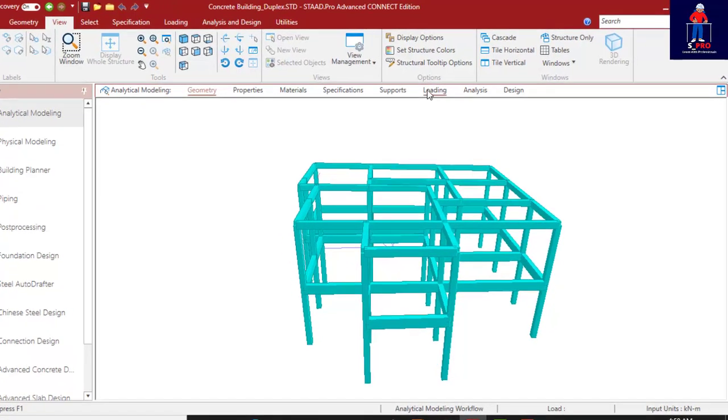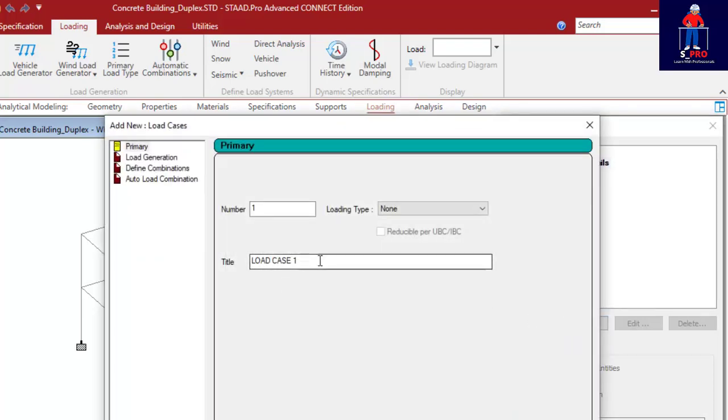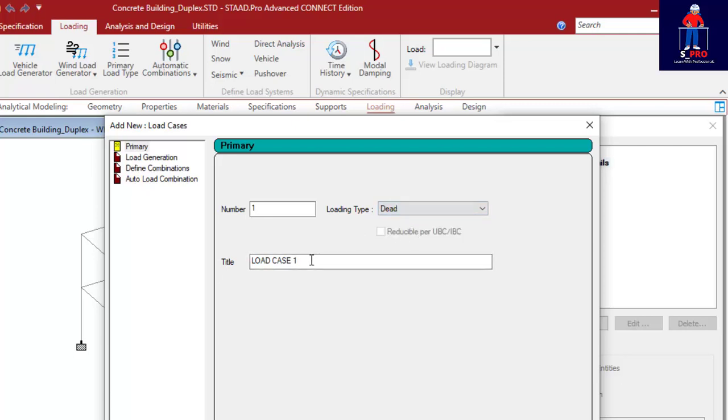Okay, we click on loading. The first thing we do is select the load cases details. Click on add. From here you select dead load. Then we tag it a name. The first one should be self-weight. I can call it dead load number 1. I'll click on add,